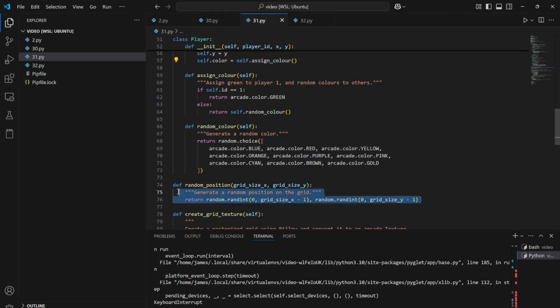The other thing to show on this file is I've created a random position method, because we're going to need that when we set up the grid with players. And this is really simple. It uses the random or randint method, which comes with the random library. And all that does is it takes two extremes, a start point and an end point, and returns an integer